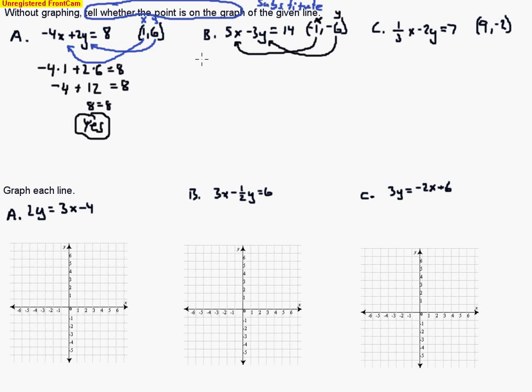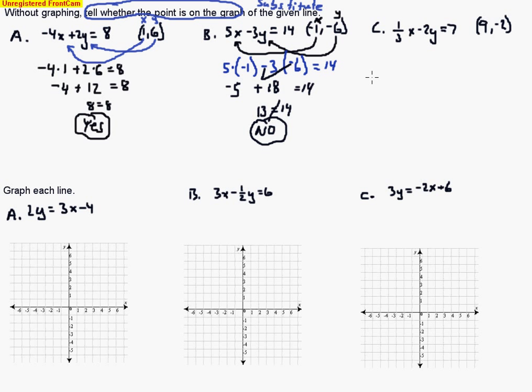So we go ahead and do that substitution. We've got this, 5 times negative 1 minus 3 times negative 6. Should equal 14 if it's on the line. So let's see if it does. We do that multiplication here. One negative makes a negative, so we've got negative 5. Two negatives make a positive, so we've got plus 18. Watch those signs. A negative and a negative make that positive. Well, if it equals 14, it's a yes, but we've got a problem. It's one number shy. Those are not the same number,